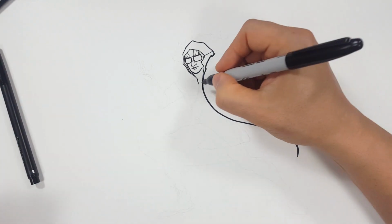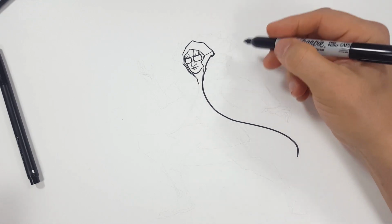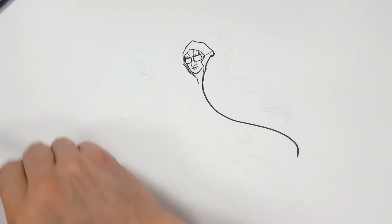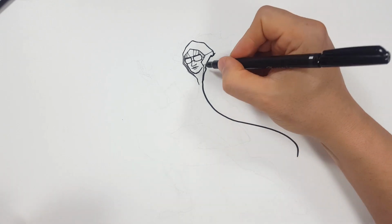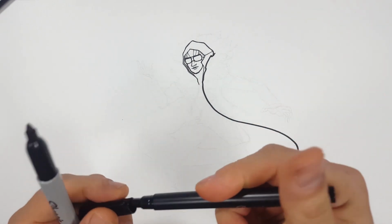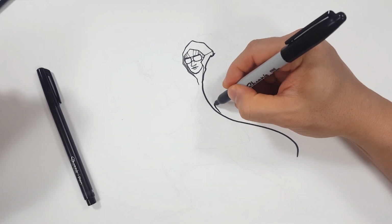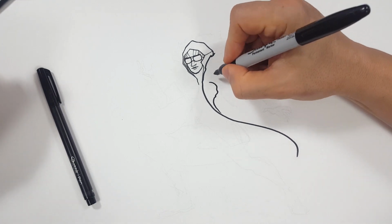Okay, so there. See how I wanted to define the edge for the glove, for the coat before I did the rest of that? That's why I stopped at that certain point. But again, it was planned. I knew where I was going with this. All right. So for the fur, we're going to kind of come in like this,